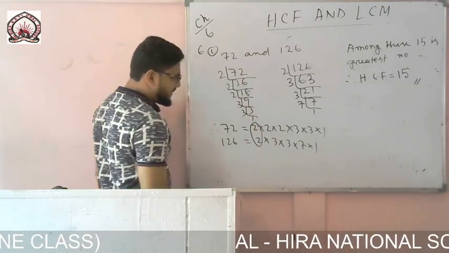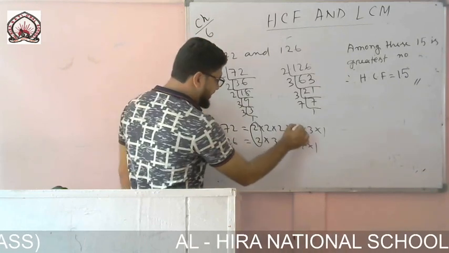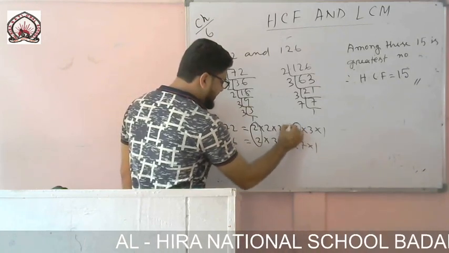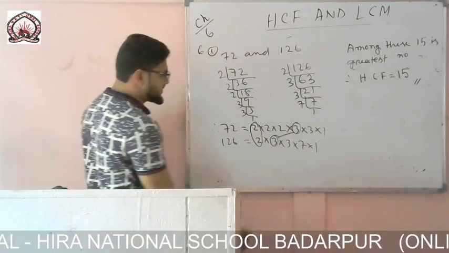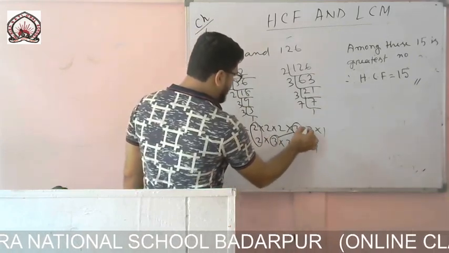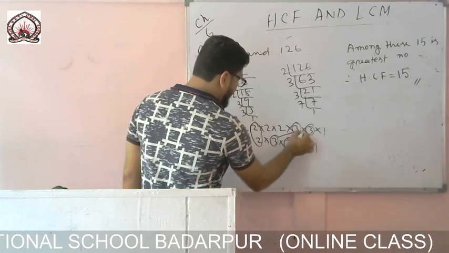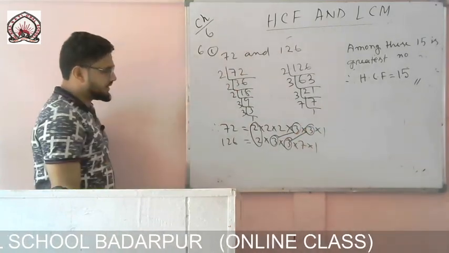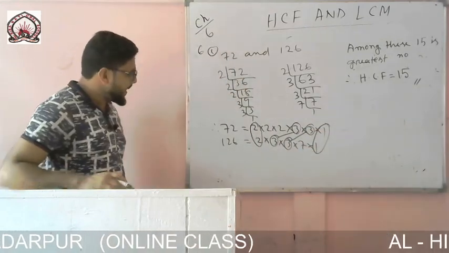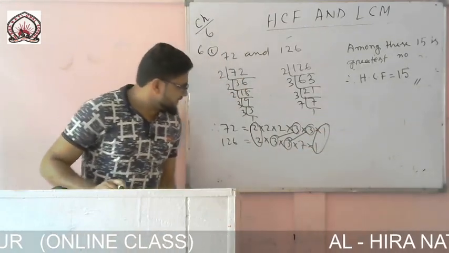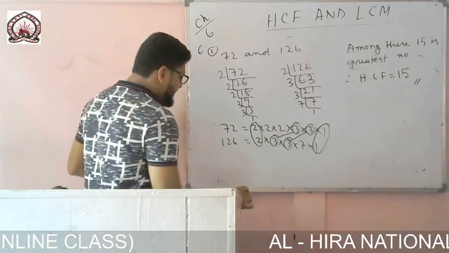This one pair, and these 3 and these 3 one pair. Okay, and is there any more? Yes, these 3 and these 3, one pair. And 1 in every case. So is there any more? No. Now write the factors are,